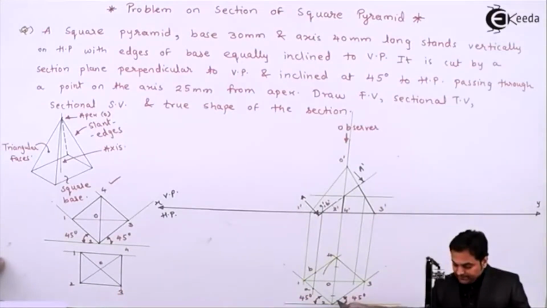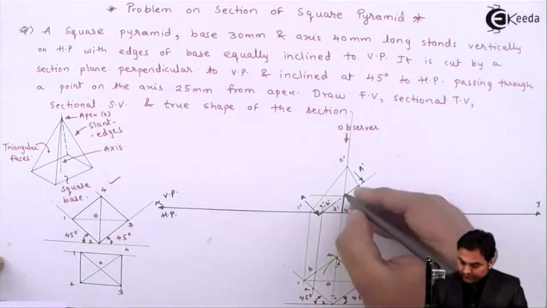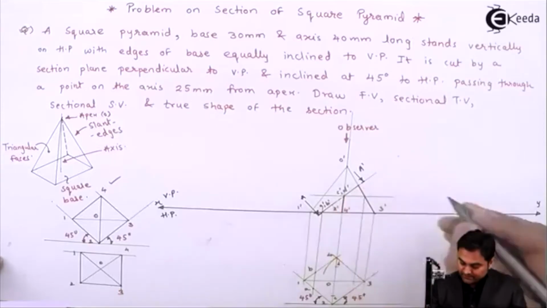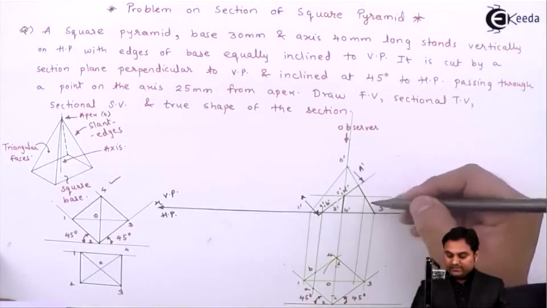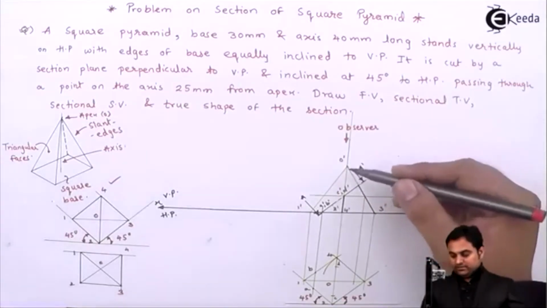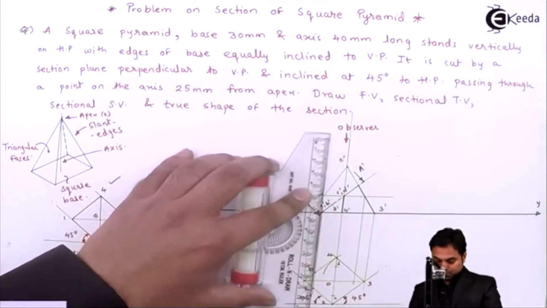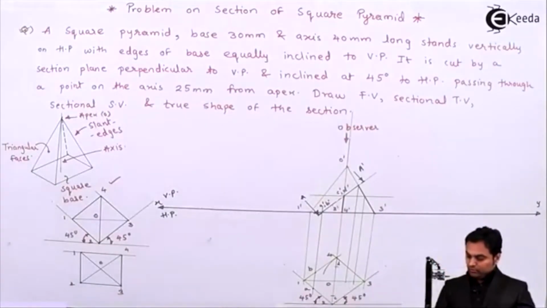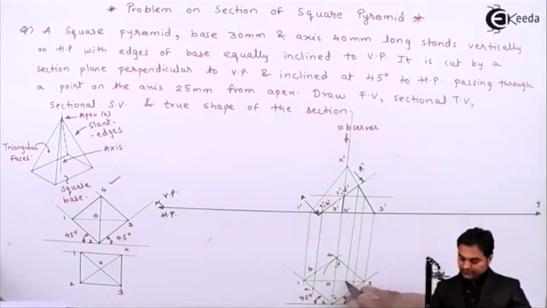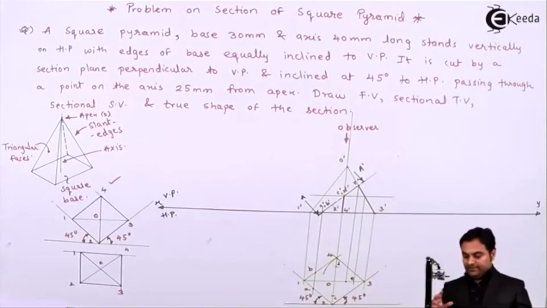So where it is cutting O2, I'll say that is point C. Where it is cutting O4, I'll say that is point D. So the next location is C dash and D dash. After that, this cutting plane is cutting O dash 3 dash at a single location, means here only one edge is cut, so that needs to be projected down. It is projected down, and on O3 we have this point. I'll say that is point E. So here we have E dash. It means there are 5 points for this pyramid.